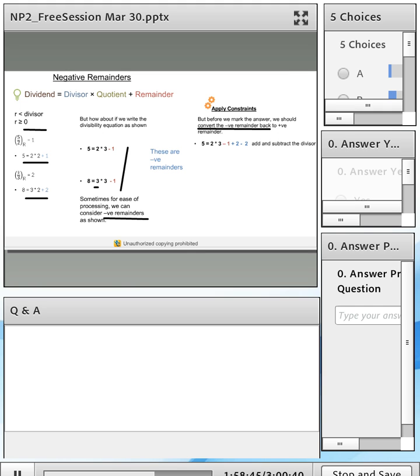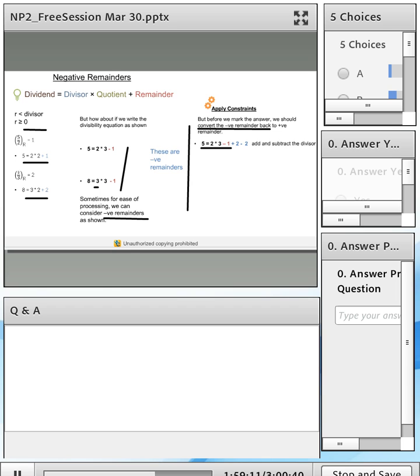Okay, so how do we do that? And again, this section may be something which some of you may not understand right away, but as I said, go back, look at the slide, spend about 10 to 15 minutes on just this part of the slide and you will be able to get it. So all I'm showing you here is, once I work with the negative remainder, what do I need to do to convert it back into a positive remainder?